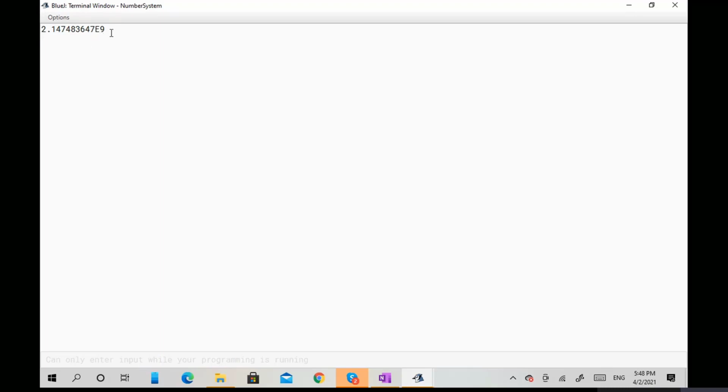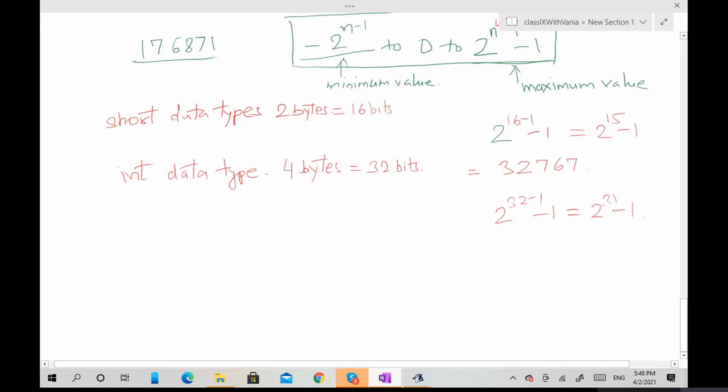E to the power of 9 means, so let me take this value from here and put it here. Now you can see this value. E means 10 to the power of 9. Right? So 2.147483647 into 10 to the power of 9.